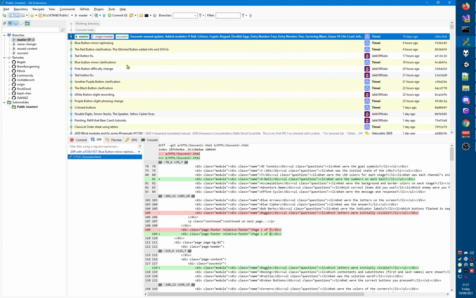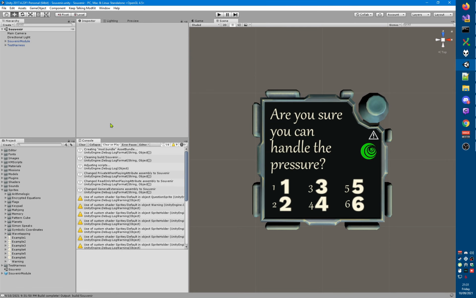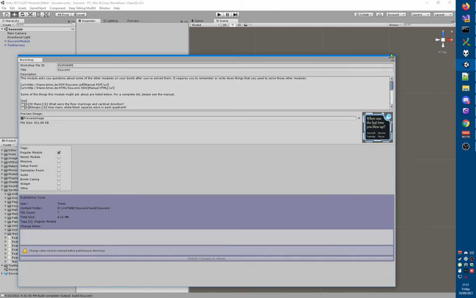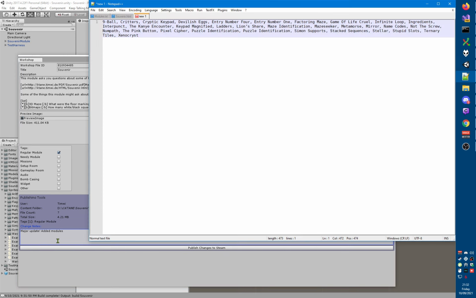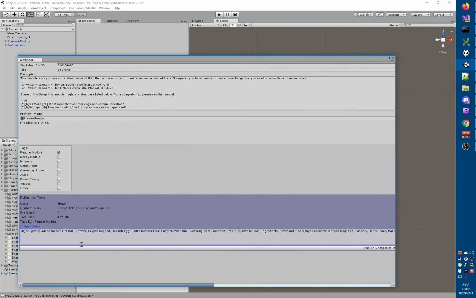So now that the manual is up to date, I'm going to just for good measure recompile this again, even though I already did, but I guess that's done. So let's open the workshop tool. I think there we go. Okay, and say major update, added modules, these. Okay, major update by, so Danny has provided some of the,